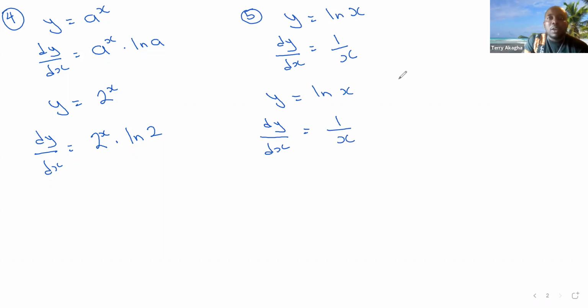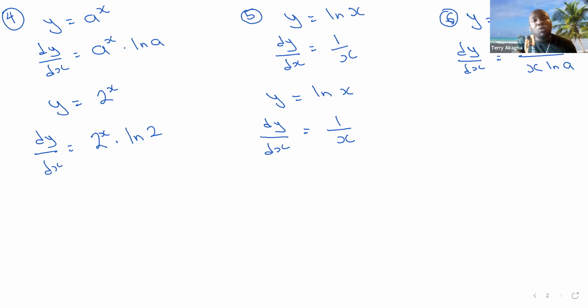Then number 6 is, which I'm going to stop with. That will be the final one for this first 10 minutes. It will be y is equal to log_a x, okay? So y equals log_a x. So what is it? When you differentiate logs, it's going to give you 1 divided by x ln a. So that means 1 over x ln a. So there's a proof for this, but I'm not going to go into the proof and how you arrive at this. I'm just going to talk about the standard derivative